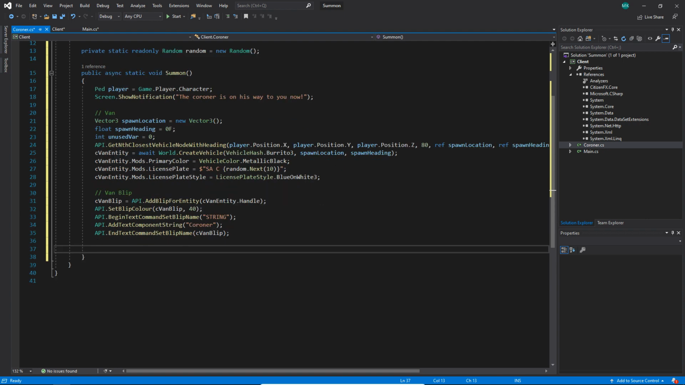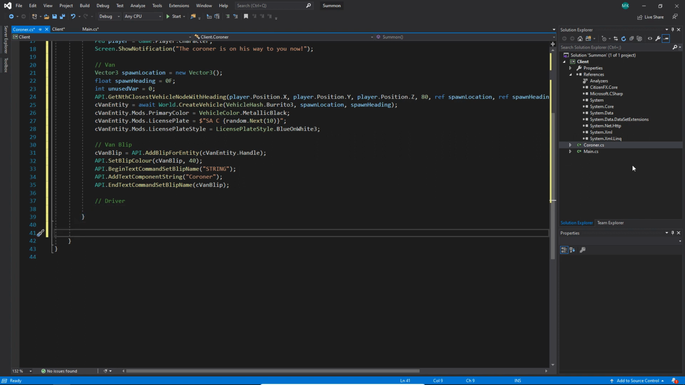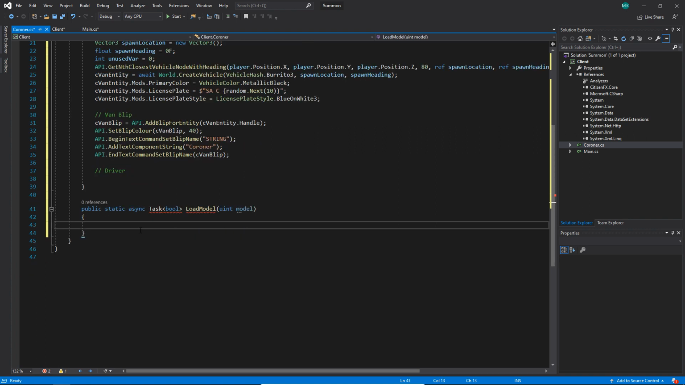So now we have the van, we've got the blip created. So next, let's go ahead and create the driver. So we'll go ahead and make a new section for driver. And what we're going to want to go ahead and do is load the model. So what we can do is we can go ahead and create this new load function. And we'll go ahead and create a public static async task bool of load model and uint model. And within here we can go ahead and start to do our different requests. So let's go ahead and import system threading task, and within here we can go ahead and call API dot request model,